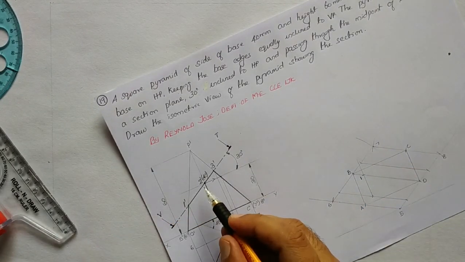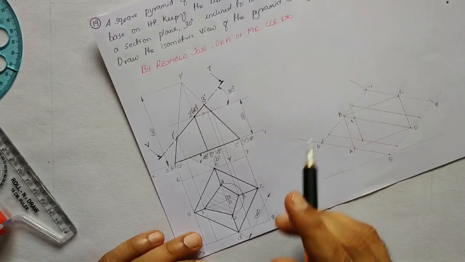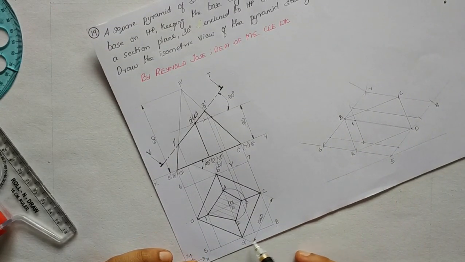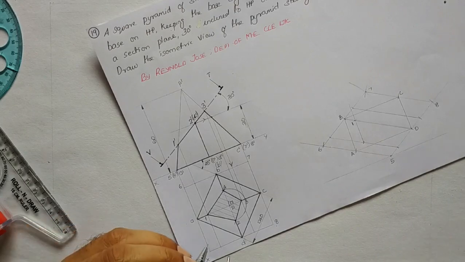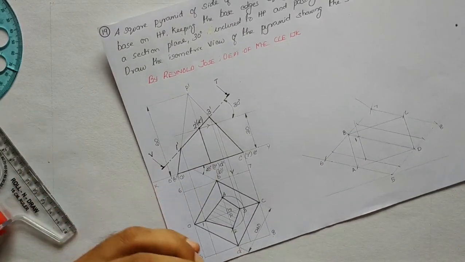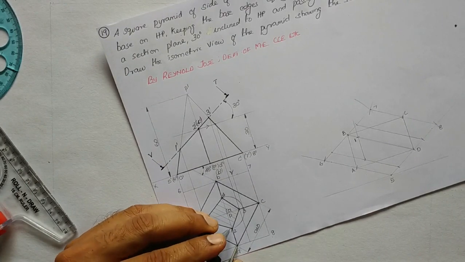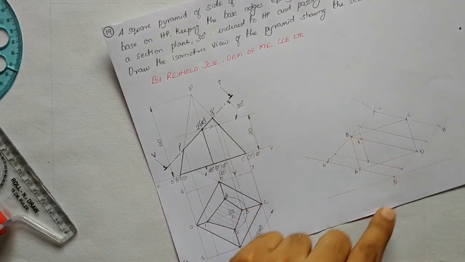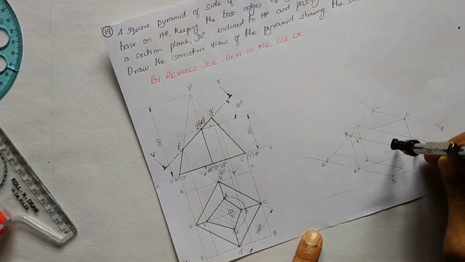Likewise, let us mark 2. From 2 to this line 5 8, we are having a specific distance along BD. So there is a line connecting B and D. Let us take this measurement in compass, and along BD from point D, let us mark a point here. Remember that this is not point 2.